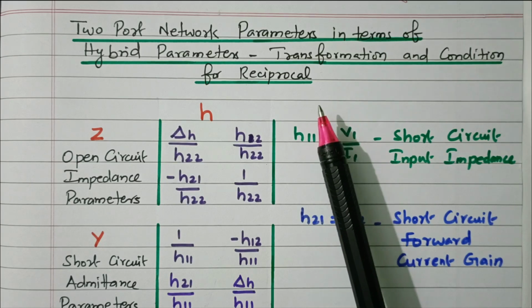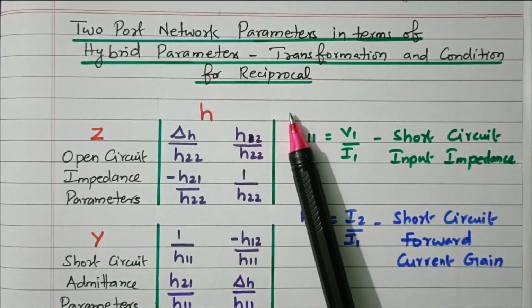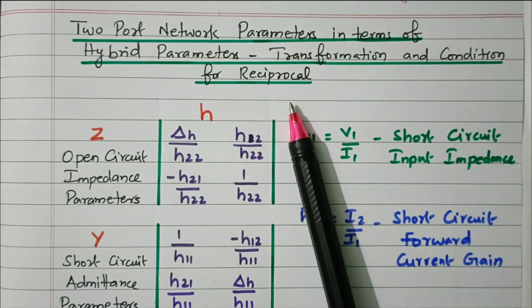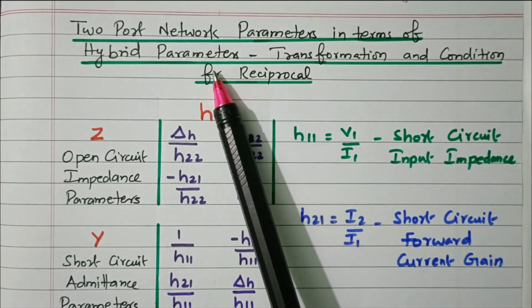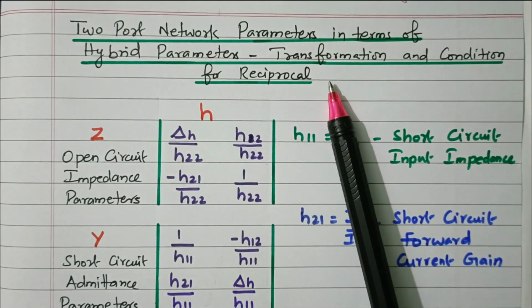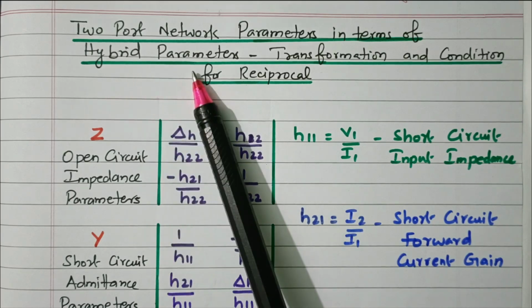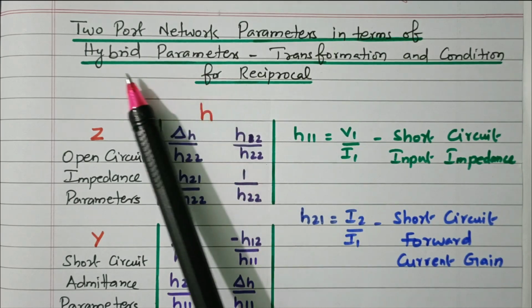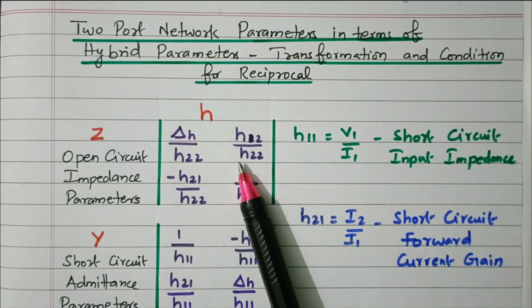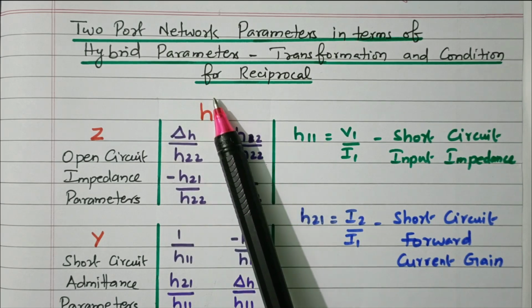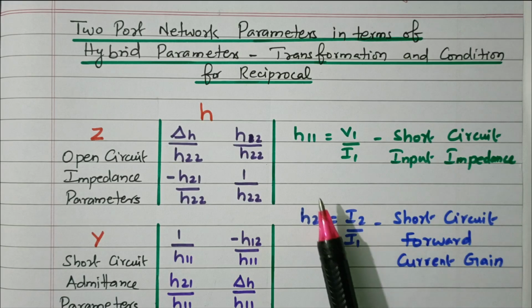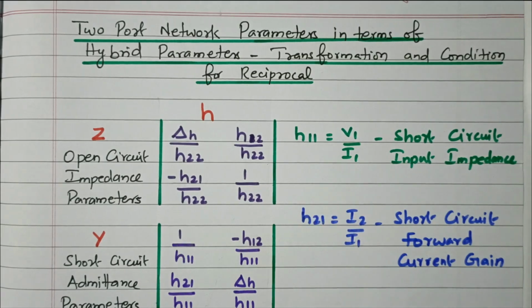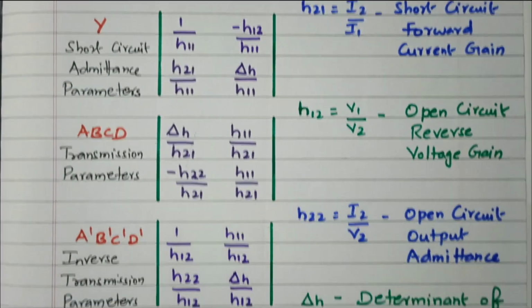Now we'll go to the topic. In a two-port network there are various parameters available. We are going to transform from one parameter to another parameter, that is hybrid parameters. All other parameters are expressed in terms of hybrid parameters. First we will see what are the terms available in the hybrid parameter. So this hybrid parameter is given by